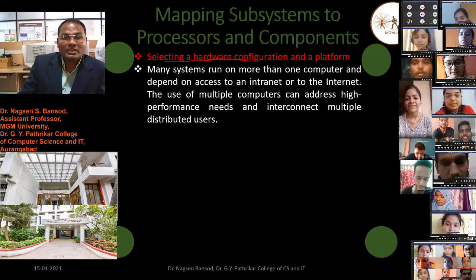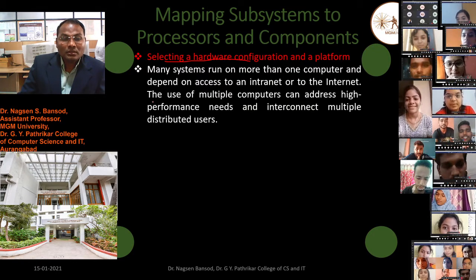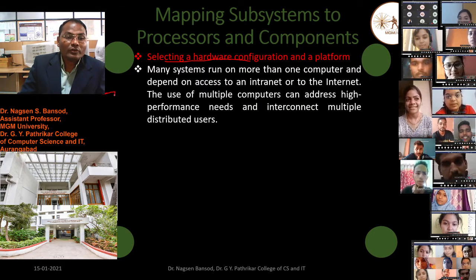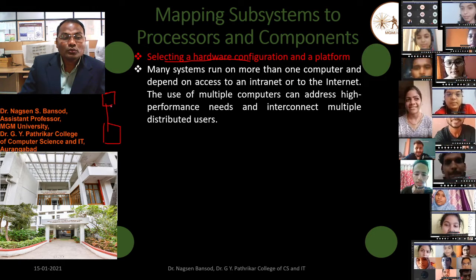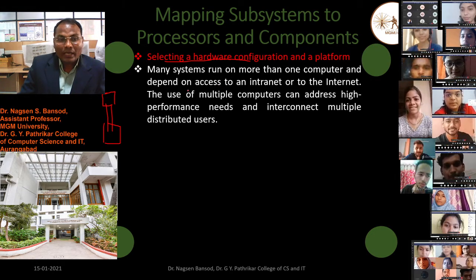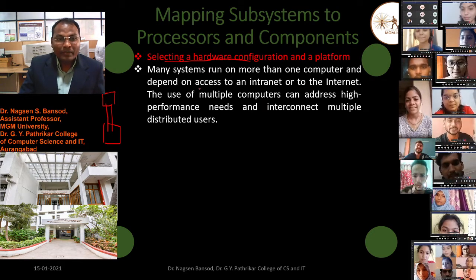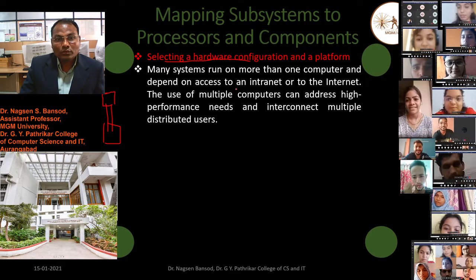Many systems run on more than one computer. Now suppose there are two computers, then our software should run on these two computers and depend on access to an intranet.